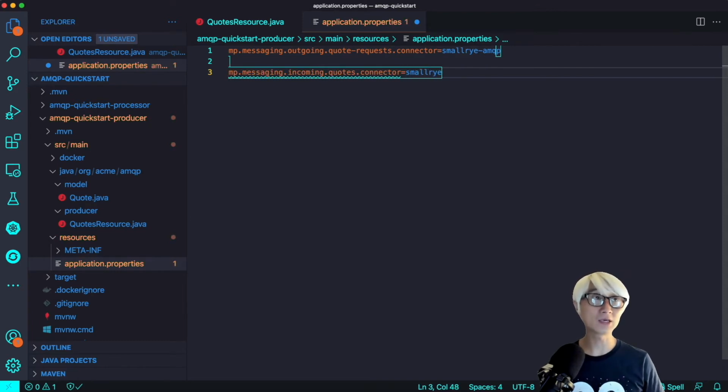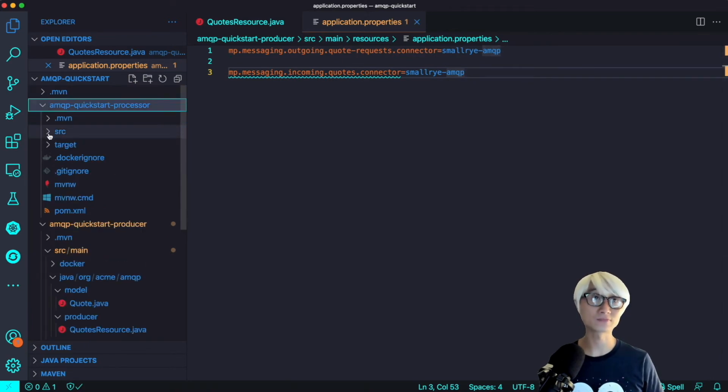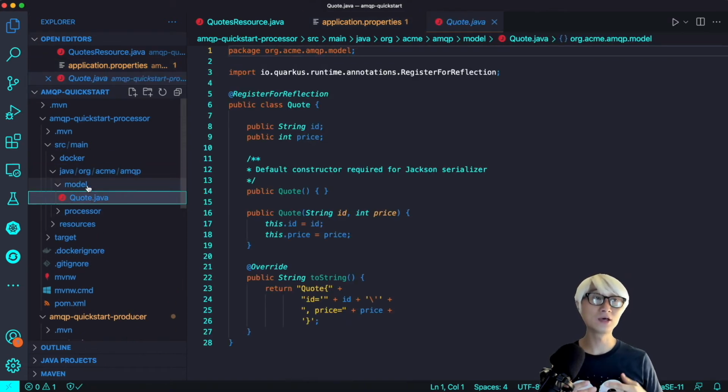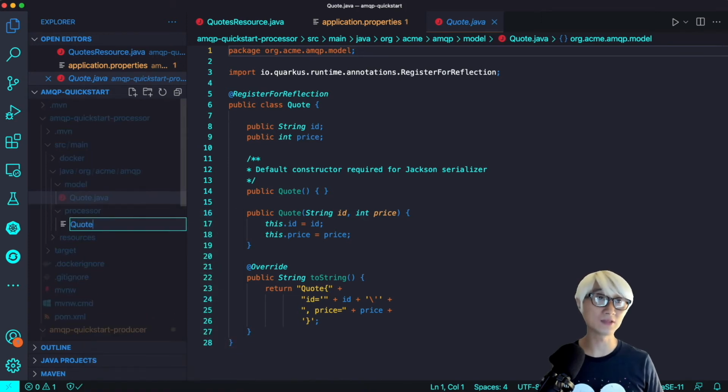And the incoming Quarkus channel should use the same SmallRye AMQP connector as well. That's it. Now let's move on to the processor. Let's try to implement the processor, and as you see, we're going to use the same core Java bean as a